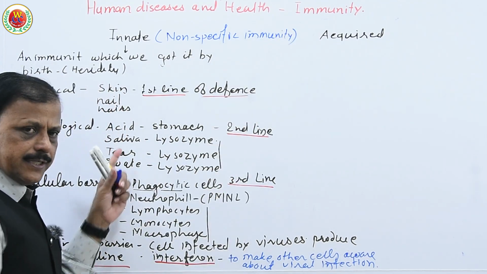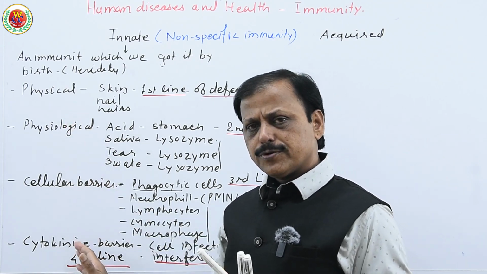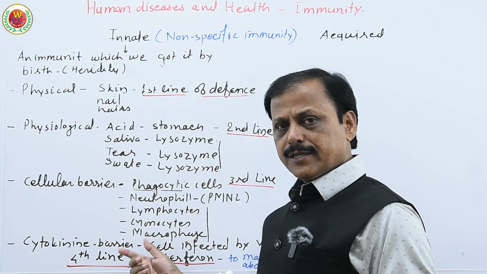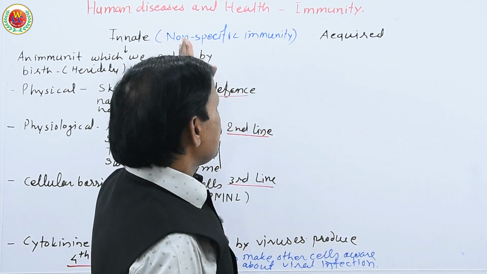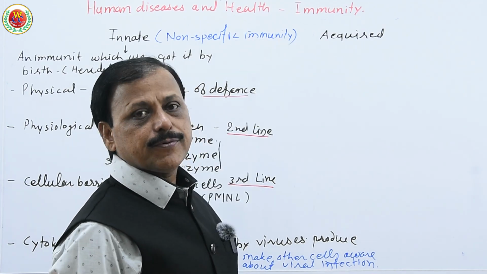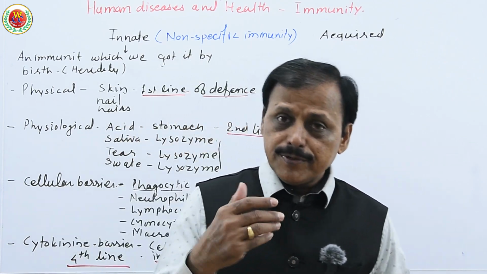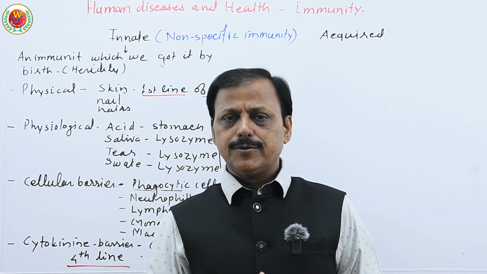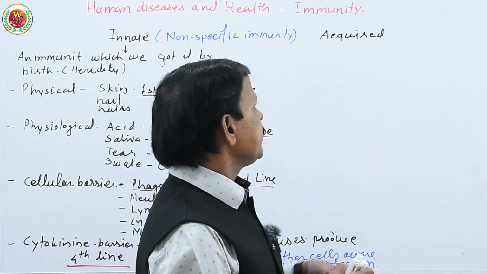Please remember this, since it is not specific. Any pathogen comes, these 4 doctors work against them, or any virus comes and our cell produces interferon against any type of virus, therefore it is non-specific immunity. But acquired immunity is what we gain when we are exposed to a specific disease, and then our body develops immunity against that specific disease.